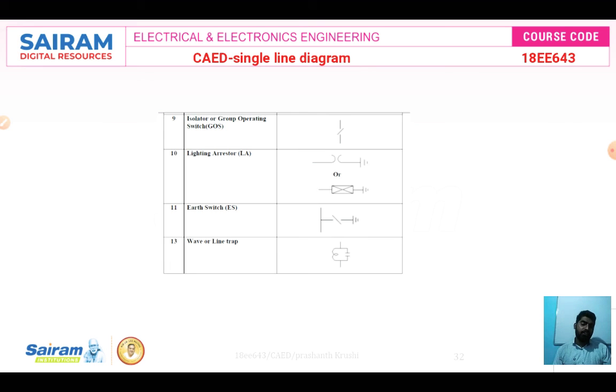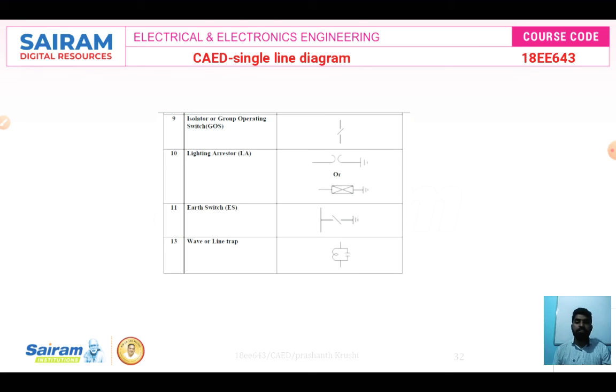And the lightning arrester, which is used to arrest lightning when it appears in the rainy season. These lightning arresters are required in every home and every building to avoid damage to the building. So they keep a rod-like structure on all sides. If lightning appears, it automatically goes directly to the earth or escapes. That's why they keep one or two rods on the building also.